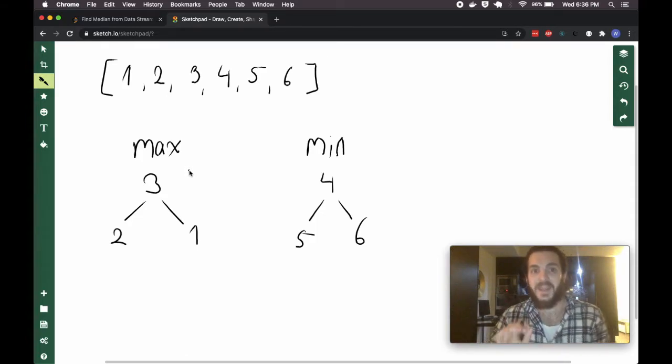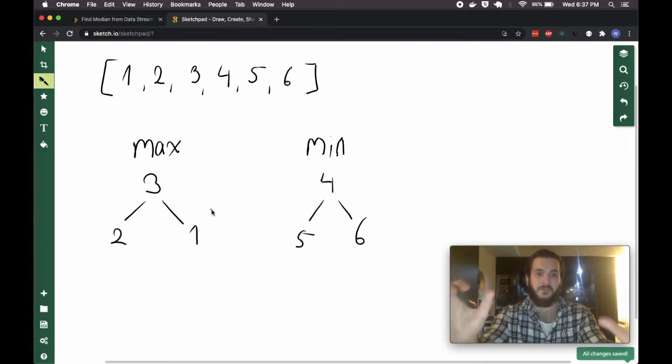Why is that important? The crux of getting to the bottom of this is knowing that we don't actually need to have this entire list sorted. Okay, we don't need to keep the whole thing sorted. What we need to know at any given point is what the middle element is, or what the middle elements are if there are 2 of them. That's it. I don't care if we have a 2 and a 1 here, or if this was a 1 and a 2. It makes no difference, because as long as I've got this half of the array split up